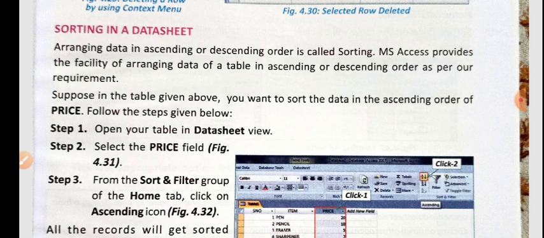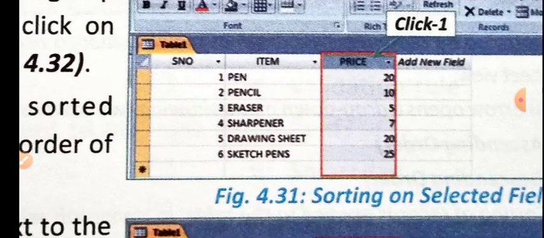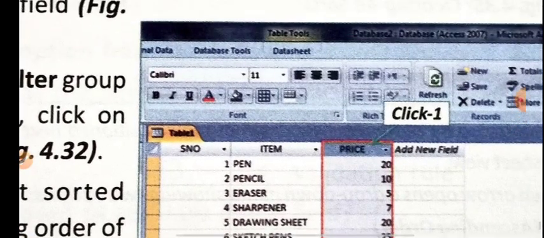So how can sorting be done? It can be easily done in MS Access and MS Excel. You can do it in the datasheet view. For example, as given in the chapter, there is a price column and you want to sort it, meaning you want to arrange it in ascending order or in descending order. What you will have to do is just